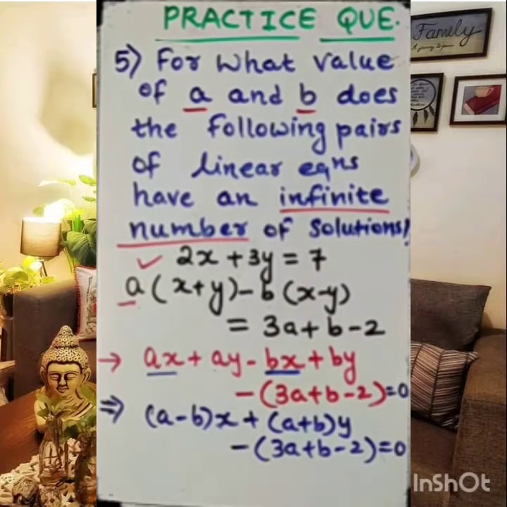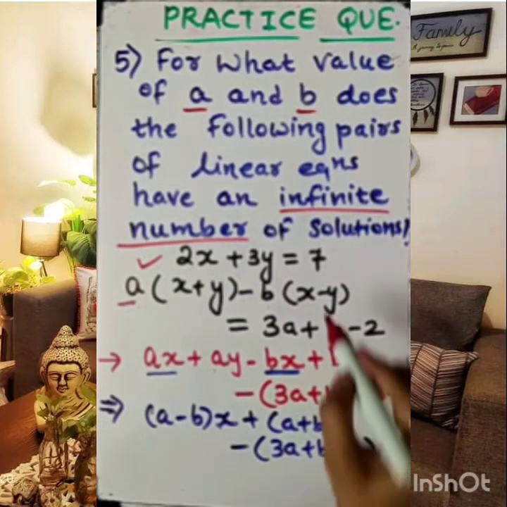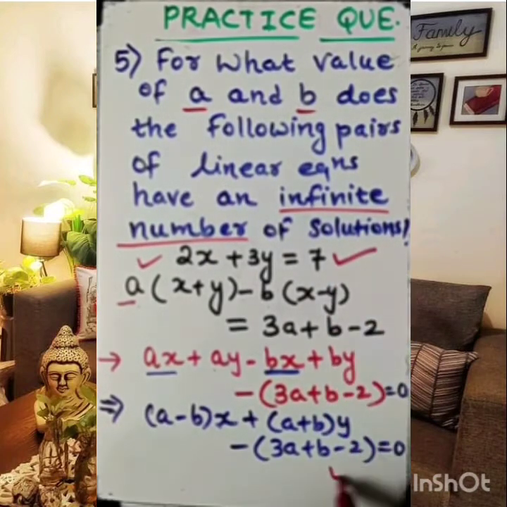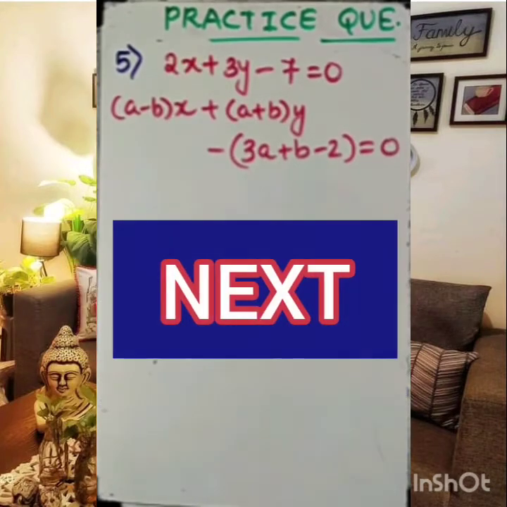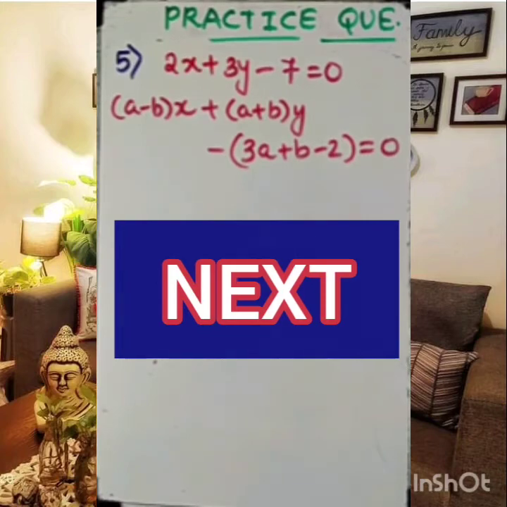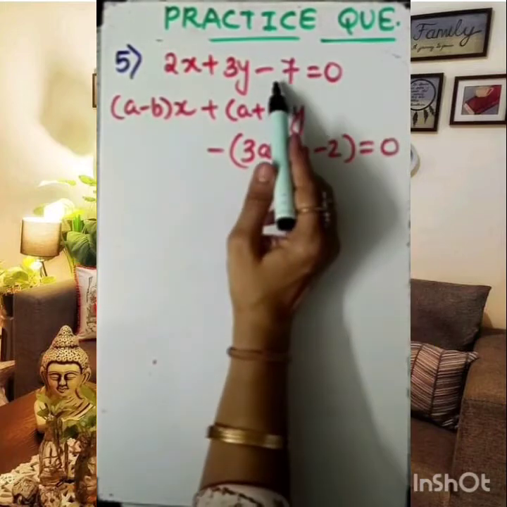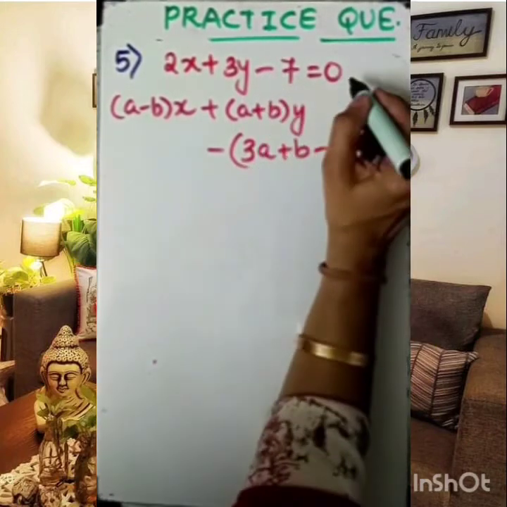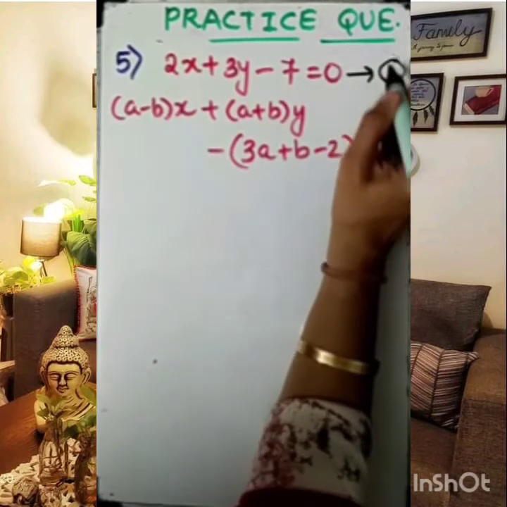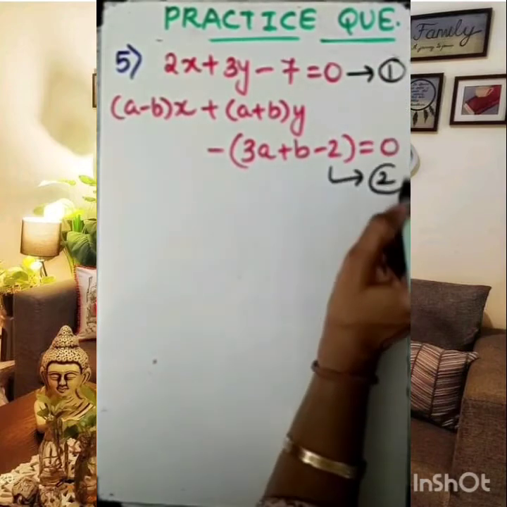Now we can take the ratio from these two equations. Which two equations do we need to work with? This and this, so let me note them down first. We take the ratio with the intention of finding the value of a and b. So my dear student, I have brought the plus 7 to this side, so it is minus 7. Let me call this equation 1, and the one we already got is equation 2.